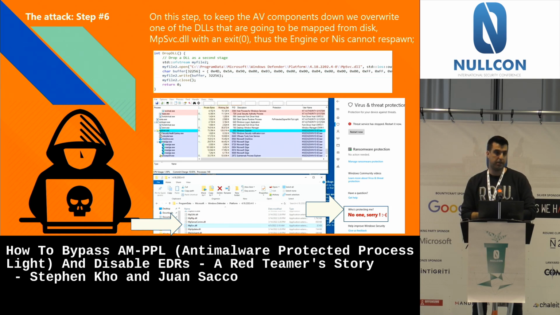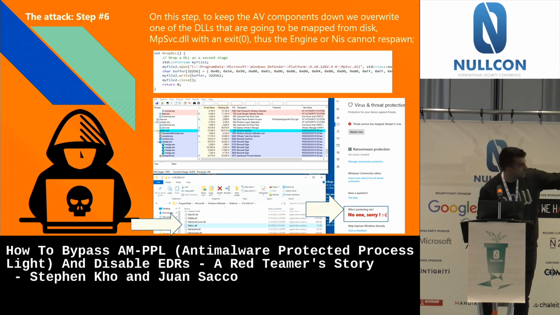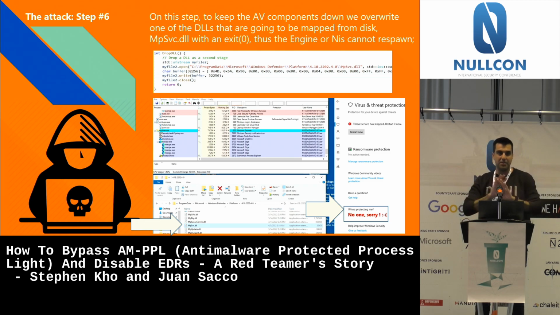Okay, so basically with this, the engine cannot spawn again, it will not work, and the NIS also will be affected. And it says there, who's protecting me? Let's just put it, no one, sorry. Everything is down.